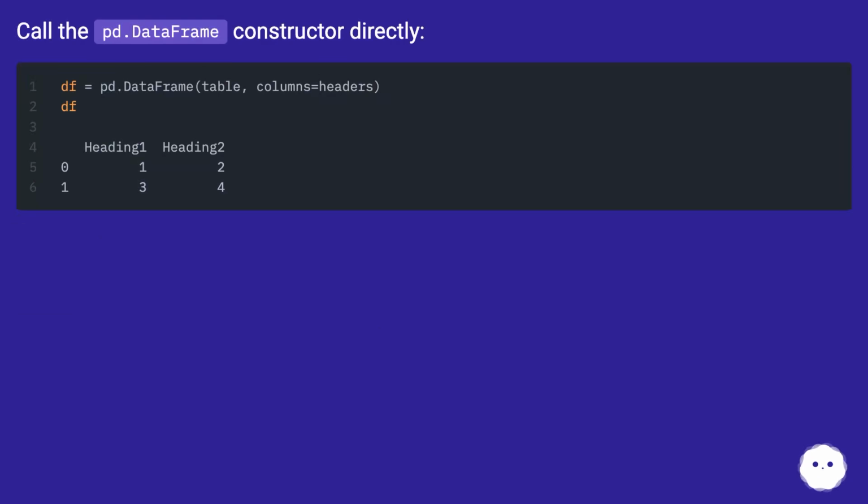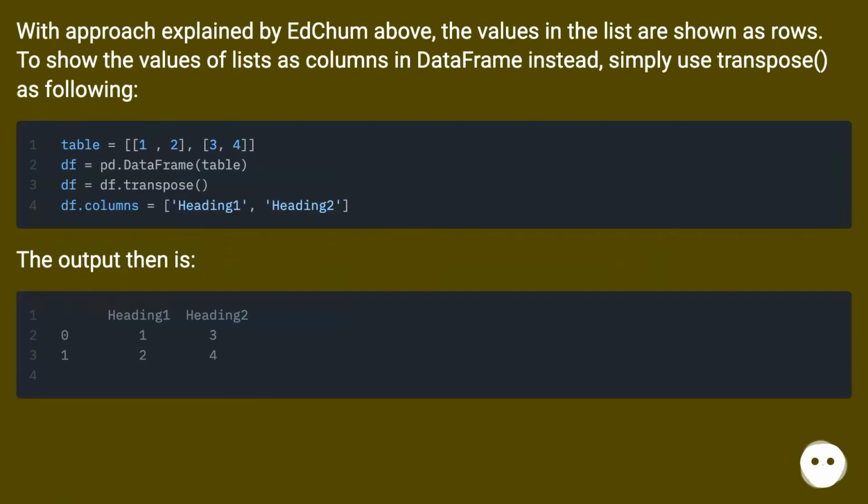Call the pd.DataFrame constructor directly. With the approach explained by Edsham above, the values in the list are shown as rows. To show the values of lists as columns in the DataFrame instead, simply use transpose as following. The output then is